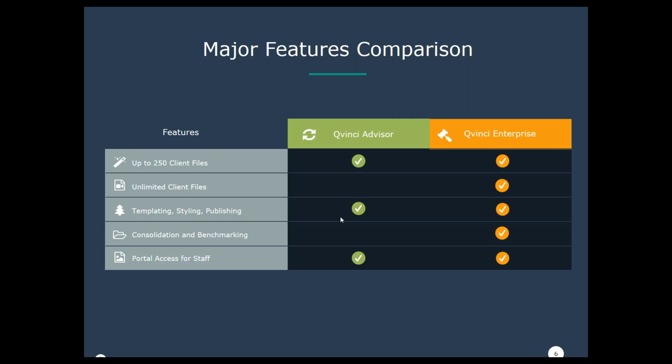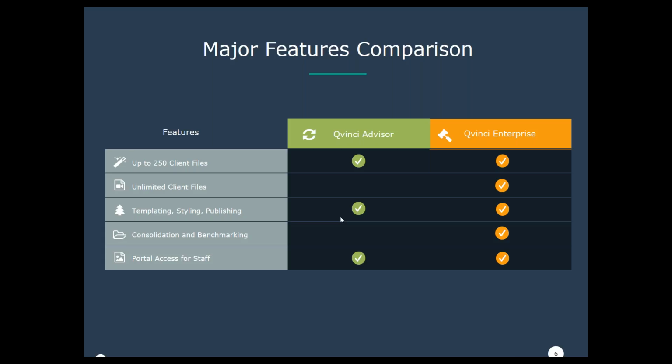So in the instance where you have a client that has 8 reporting files, and you provide a consolidated report to them and need that standardization across charts of accounts, and maybe even you have a client with 40 locations that you would like to provide benchmarking to, Qvinci Enterprise will break out on the number of reporting entities that you have. So in the 8-file example, it would be 8 licenses of Qvinci Enterprise, which is $160 a month for that